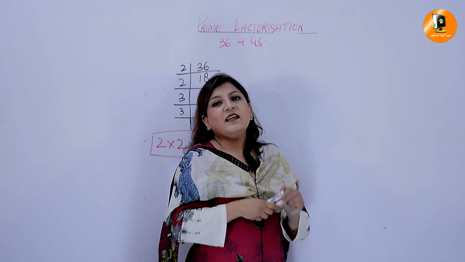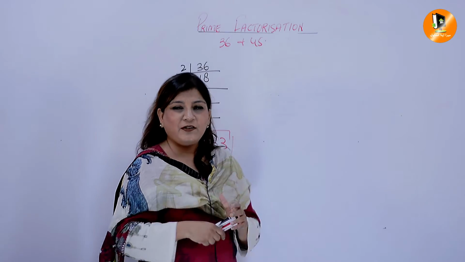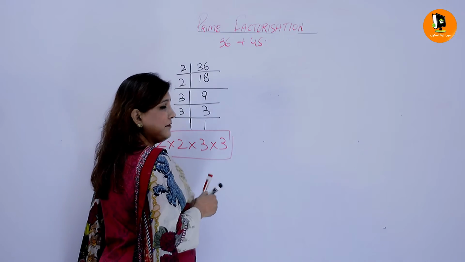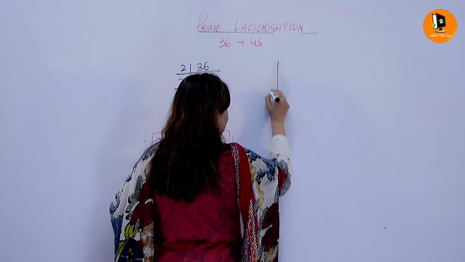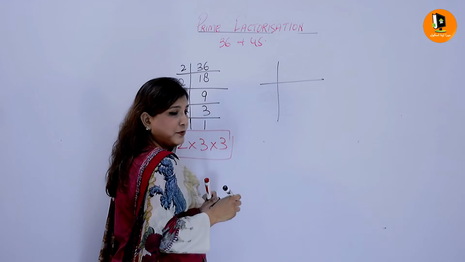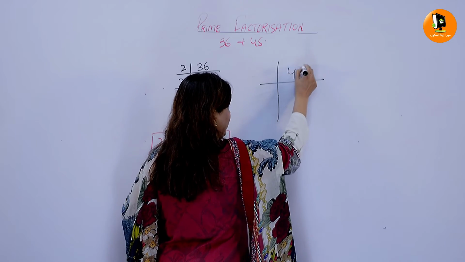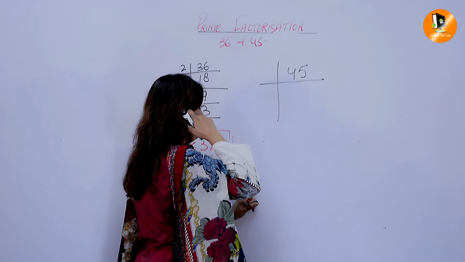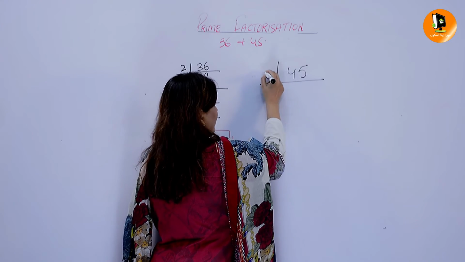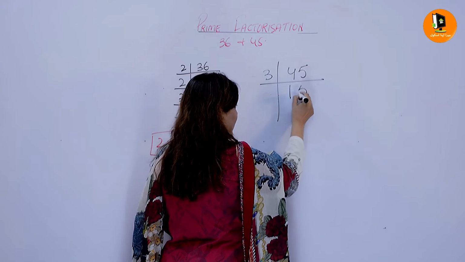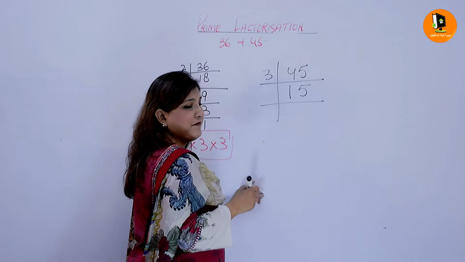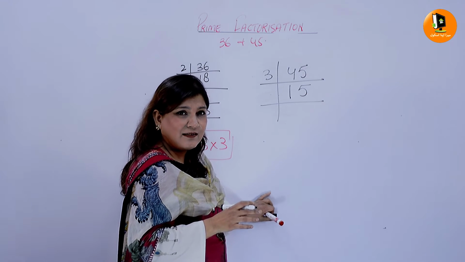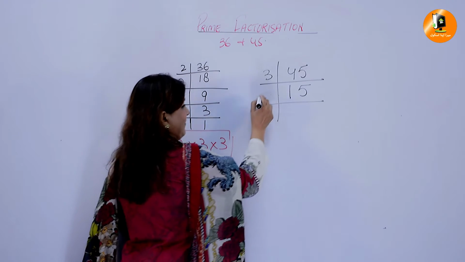Let's find the prime factors of number 45, which is an odd number. Now, as we know that 45 is an odd number, it cannot be divided by 2. So let's divide 45 by an odd number, that is 5, or you can say start from 3. 3 ones are 3, 3 fives are 15. Now 15 comes in the table of 3. Yes. 3 fives are 15.